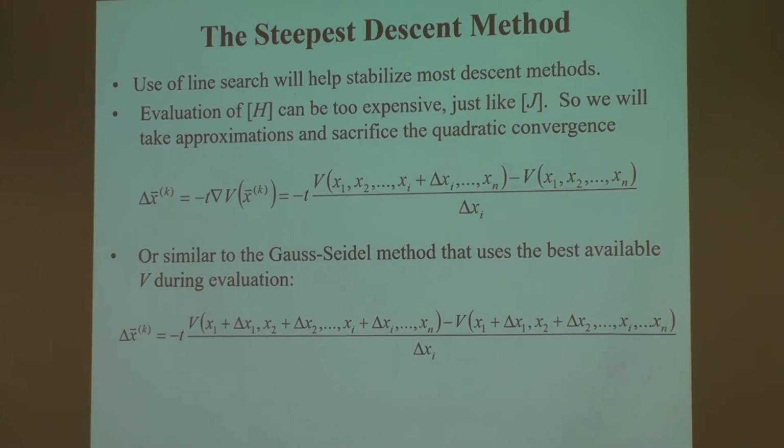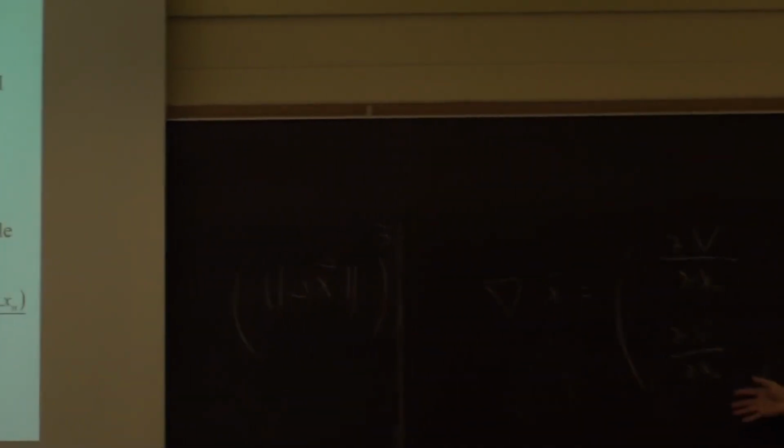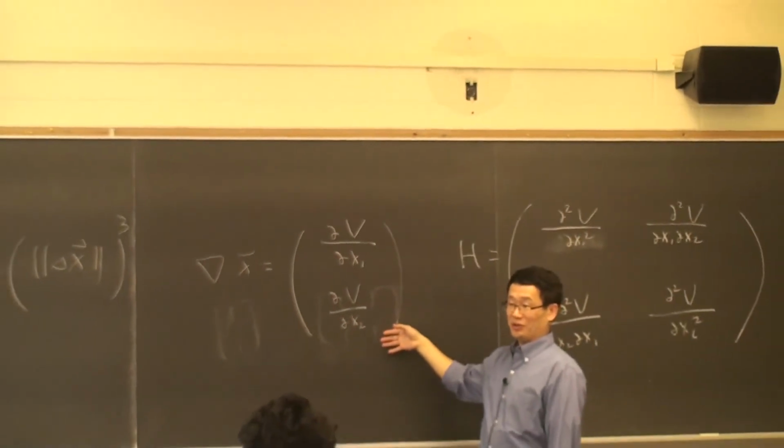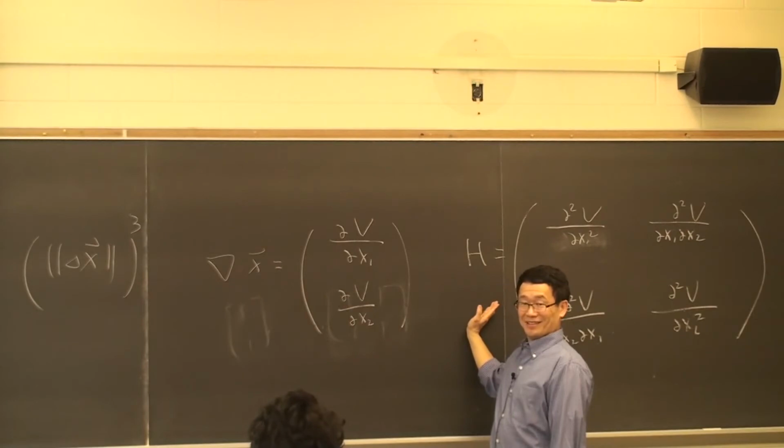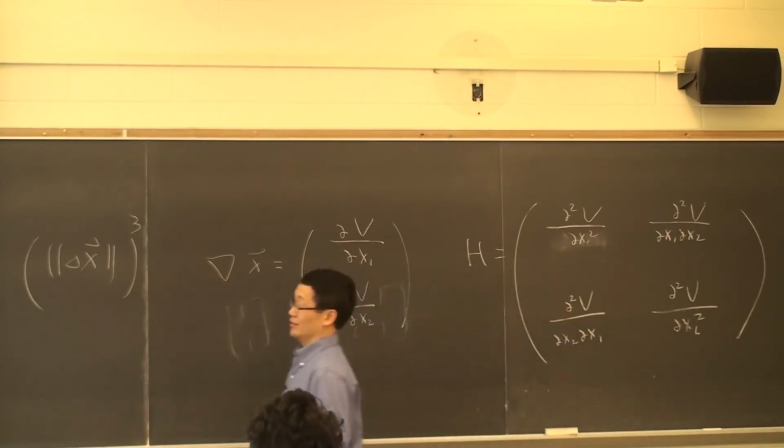And if you see, this is much easier to implement. There's no Hessian matrix. Each formation of this delta x, the correction step, just takes an evaluation of the perturbed value, and I'm done. Using the same principle, you just finish your gradient. You haven't even started your Hessian. So this is what they call the steepest descent.